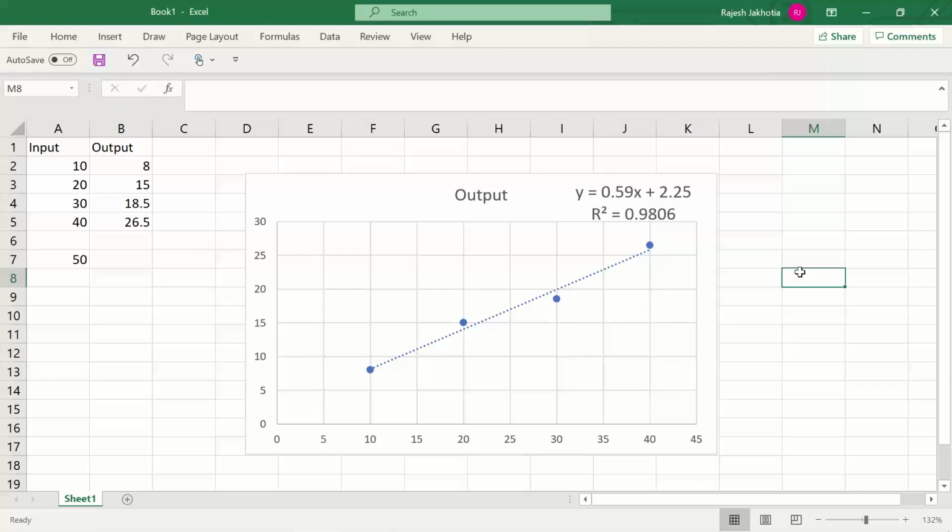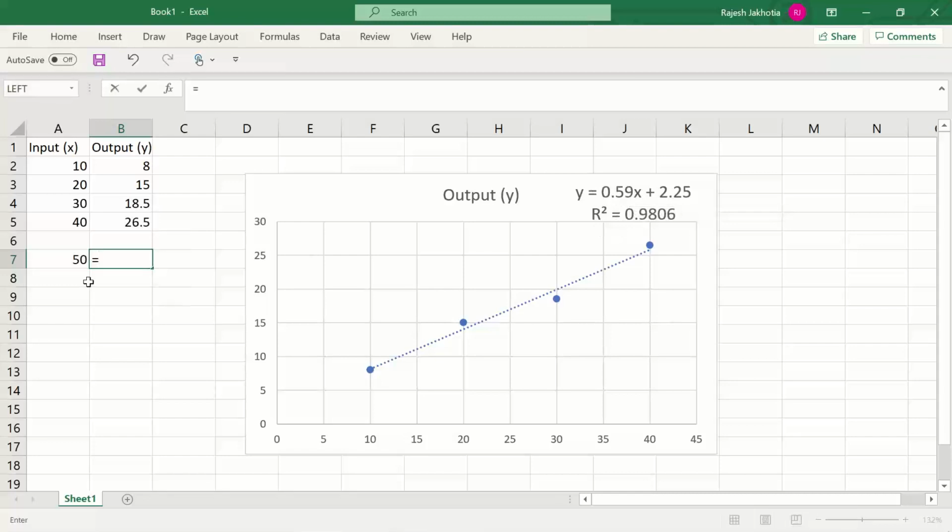Now, if I have to get that fit, when there is a proportional kind of relationship but it is not exact, then I require something like linear regression, which will fit the relation between my output and the input. And if I fit that, I get an equation. What this equation is saying: 0.59 times x plus 2.25. What is x here? Input is your x. Always remember, input is denoted by x, output is denoted by y. So it is saying 0.59 times x.